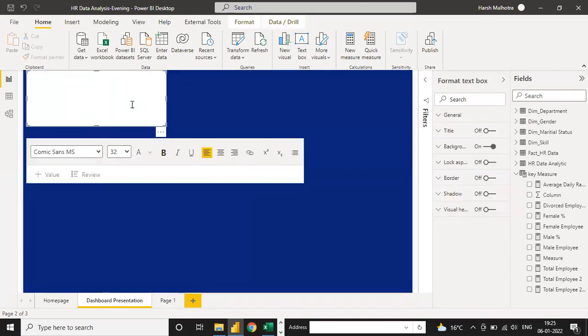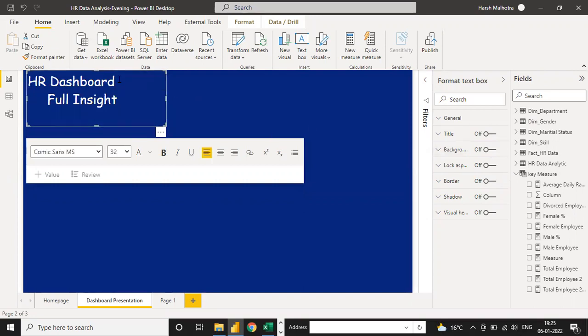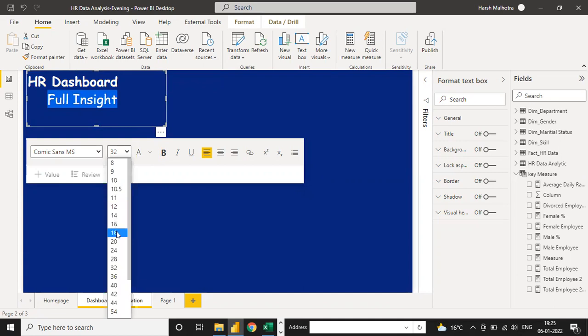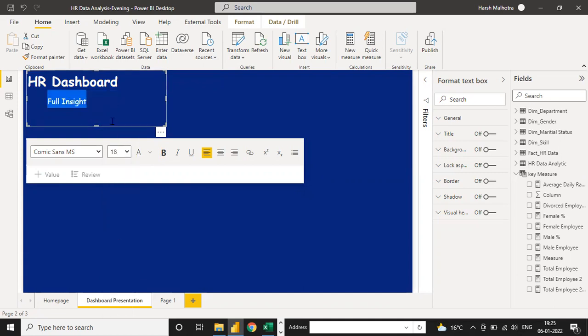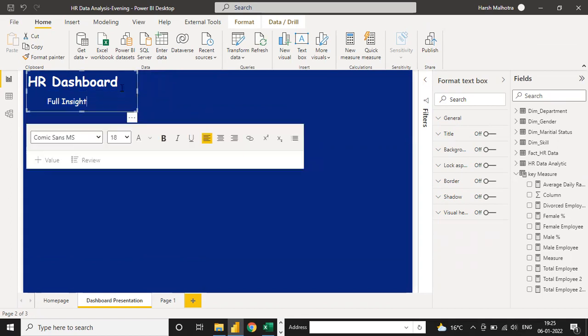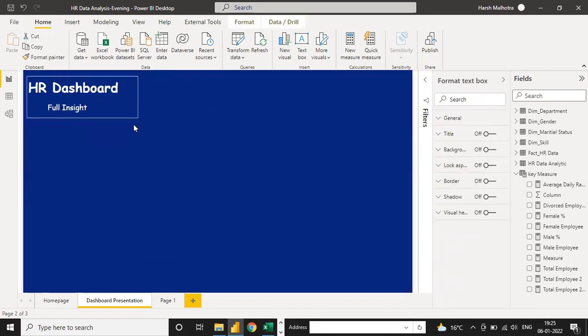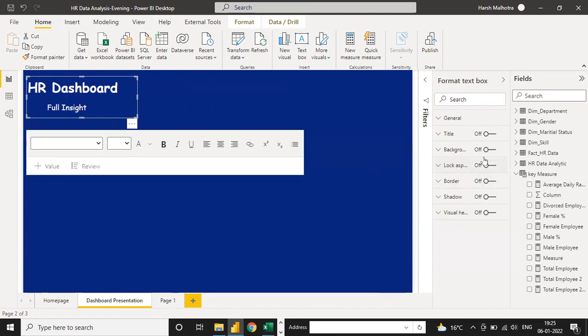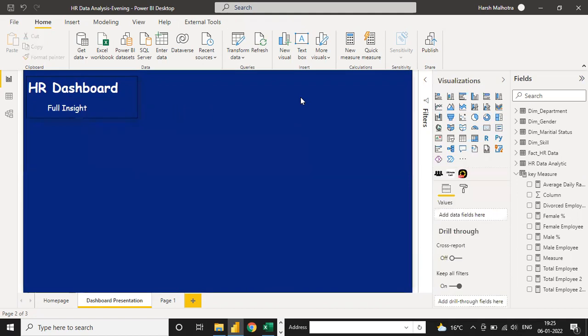Click on this, now you can switch off the background. Select this, make it a little bold, decrease the size. Just pull it here, click on border and shadow. So you can see your heading is done, HR dashboard full insight.